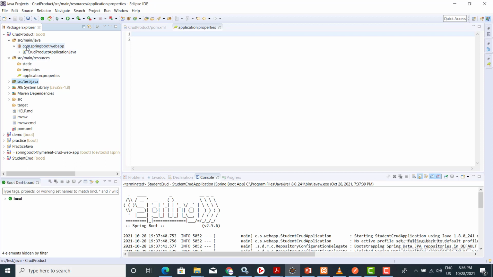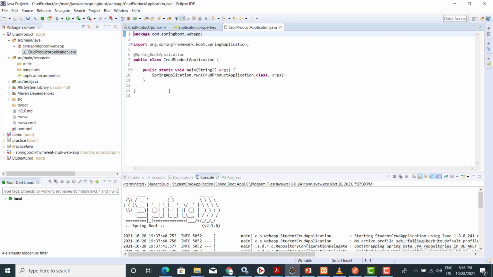In the package com.springboot.webapp, we get a class CrudProductApplication. It contains the main app, with public static void main, so the program execution starts from here.